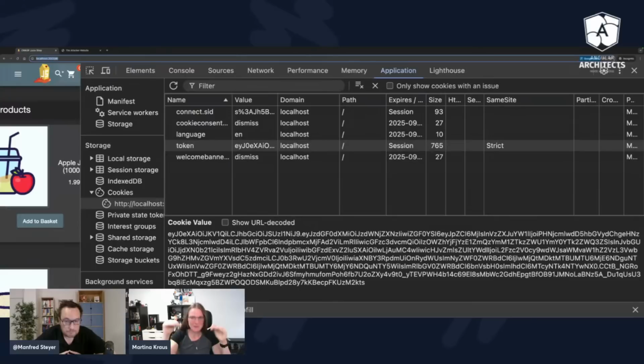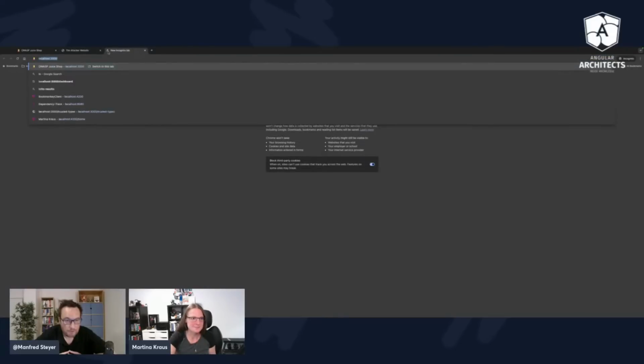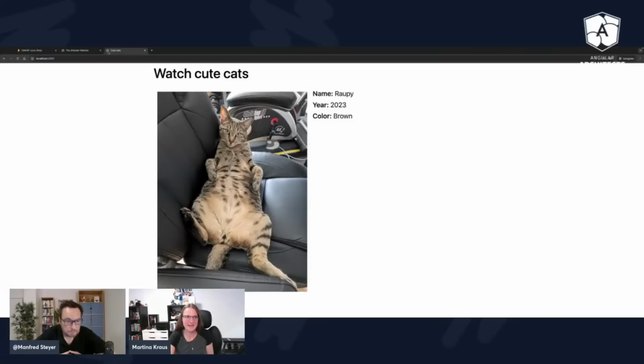Just if I'm really actually at the site where the cookie has been created from, then the cookie is sent. But here in this example, I'm not on the same site because this is apparently localhost 3001, or I mean, yes, localhost is actually the same site, but leave this a little bit apart.